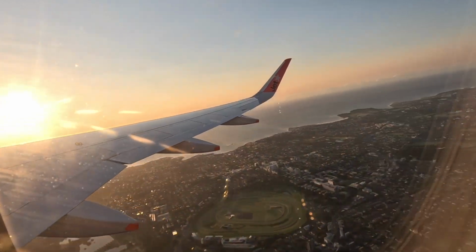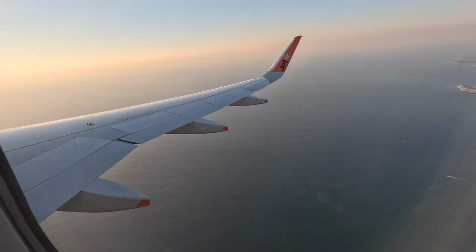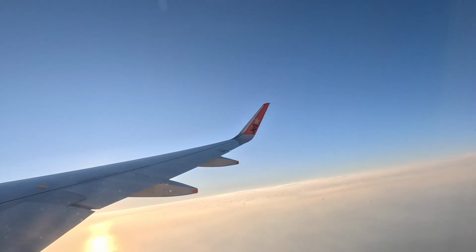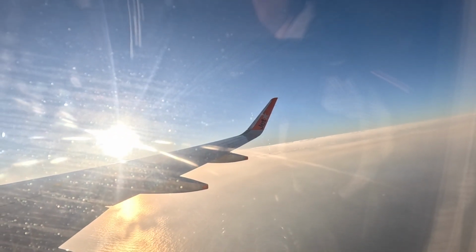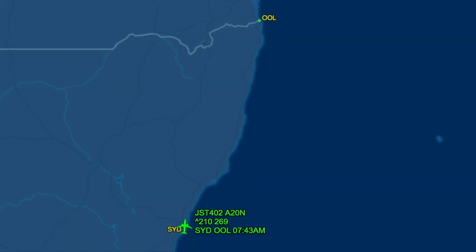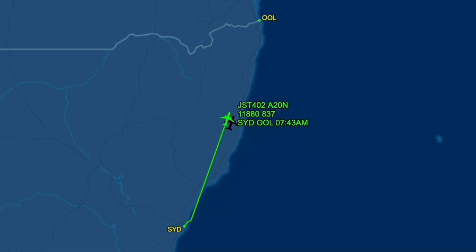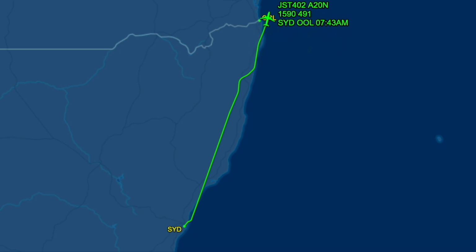After takeoff, we made a slight course-correcting turn, heading out over the Tasman Sea and setting up a northerly course for Gold Coast. Flight time today is 1 hour and 5 minutes, covering a distance of 473 miles or 761 kilometers, cruising at